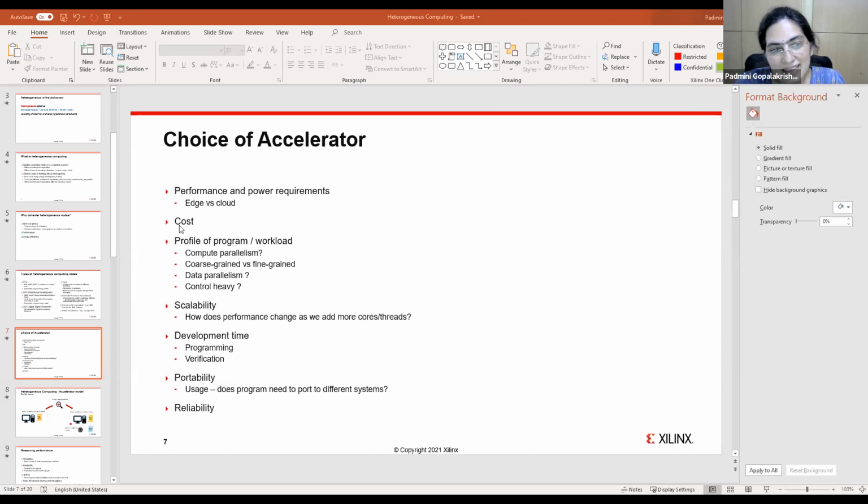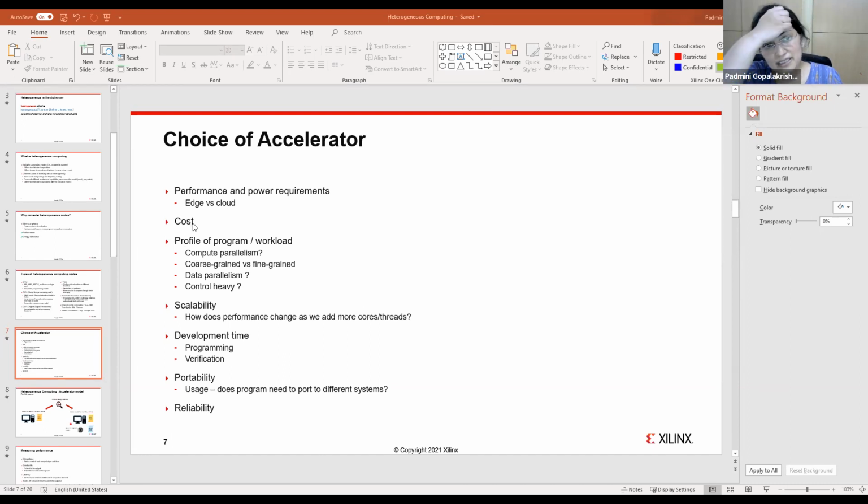Then the second constraint after performance and power is cost. How much would you be willing to spend to build your application? And this, in turn, depends on the market for that application, who you think will buy it, how you'll amortize the development cost over the number of units that you expect to sell. And this varies a lot.